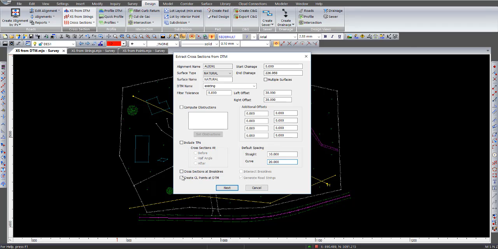You don't need to really worry about cross sections at break lines, but this one down here, create CL points at DTM. What that does is show on your profile the changes between the cross sections of the actual DTM surface. So you'll see points along the alignment where there are changes in the DTM surface. As soon as you've got this all set up, you click on the Next button,